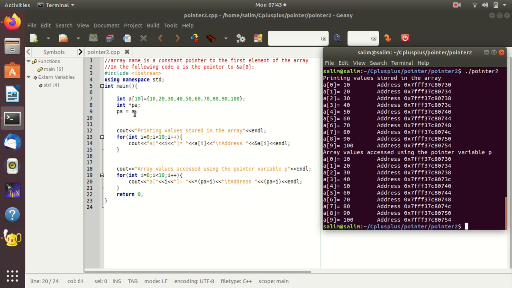You know that array name is a constant pointer to the first element of the array. So that is assigned to the pointer PA.